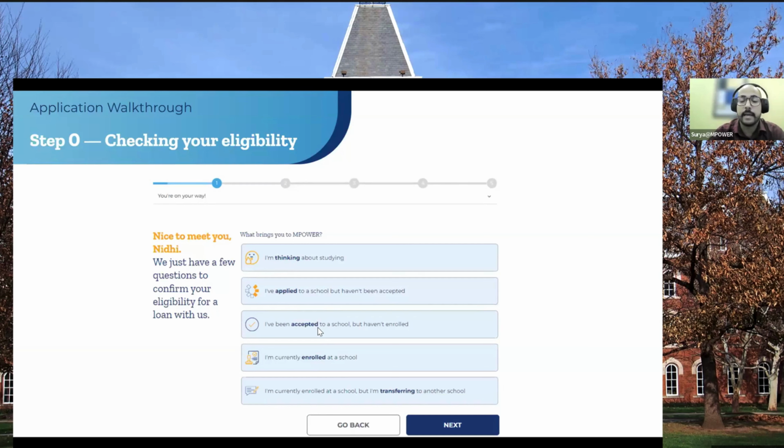If you have already been accepted to a school but haven't enrolled, meaning you have received the admission letter, the third option is for you. The fourth option is quite similar: if you are already enrolled in the school you were planning for, you would select the fourth. The fifth option is for transfer students.